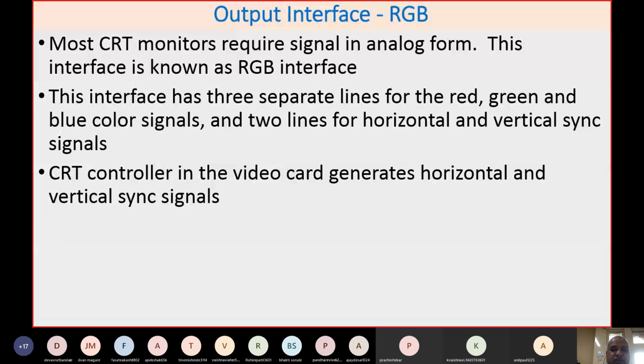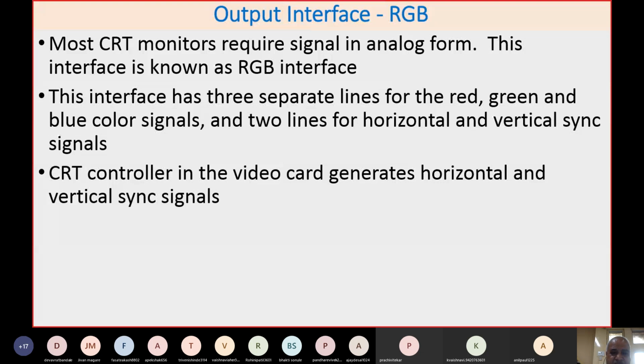We have already seen that video RAM and the RAM DAC are responsible for converting the map of the digital image into respective RGB signals, and at the same time red, green, blue, and two lines for horizontal and vertical synchronization so that the scanning will continuously go on without any interruption.